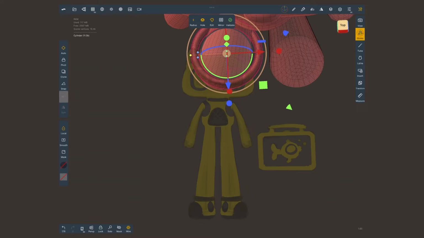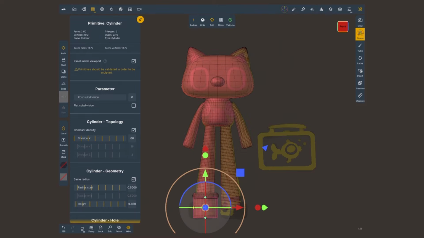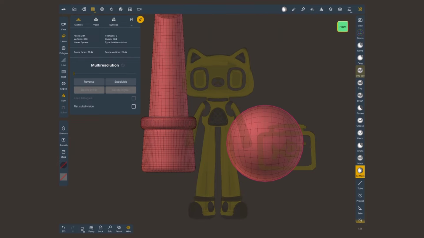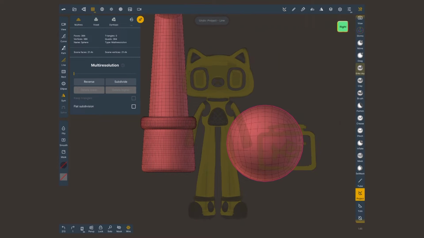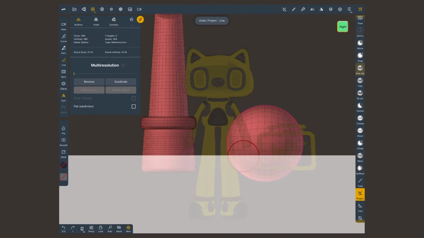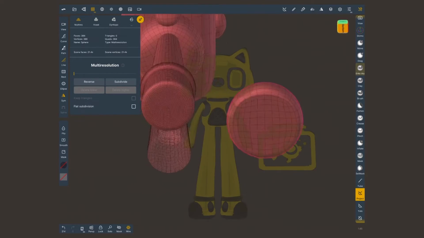For instance, in the shoes. The shapes are too complex to achieve with only one primitive, but I can break it down into several, and then I'm going to merge them. I'll make the heel and ball with a sphere, but I need a flat bottom, so I'm going to choose the project tool, set to line, and here in the tool menu, at the very bottom, I'm going to make sure that this is set all the way up to 90 degrees. This is going to create vertical or horizontal lines, and anything that falls within that area is going to be squashed up. It's going to be flattened down.